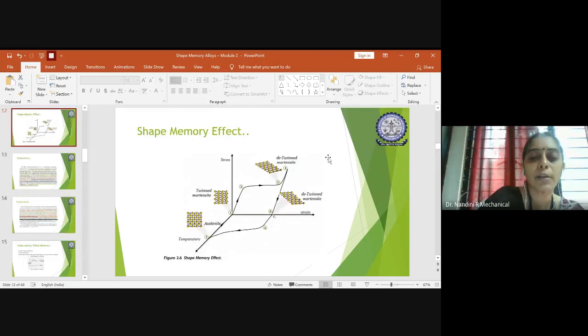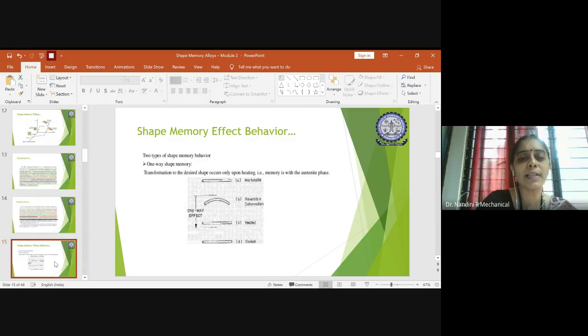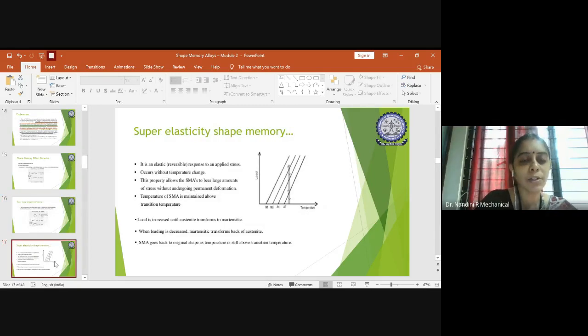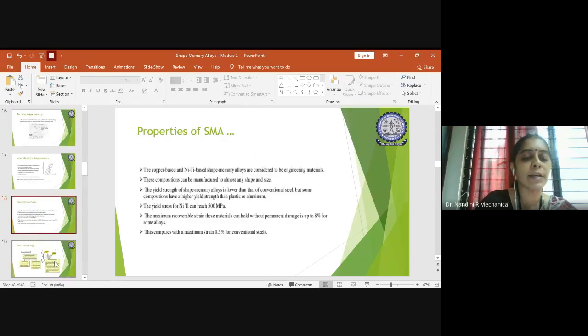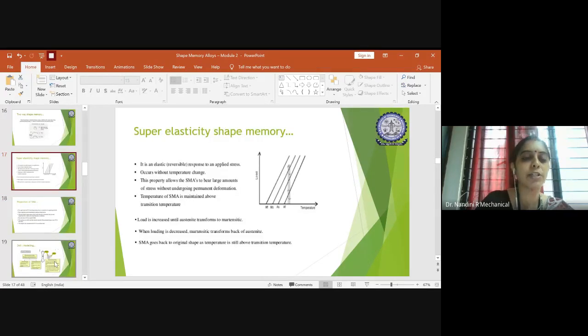For some shape memory alloys, the cooling might need a very long period to reach back to the original position. But for some shape memory alloys, the martensite phase can quickly come back to the austenite phase even before the phase transition temperature has been crossed. So that shows how elastic the material is. Even without crossing the transition temperature, it can regain its original position. So all these claim the super elastic behavior of any given shape memory alloy.